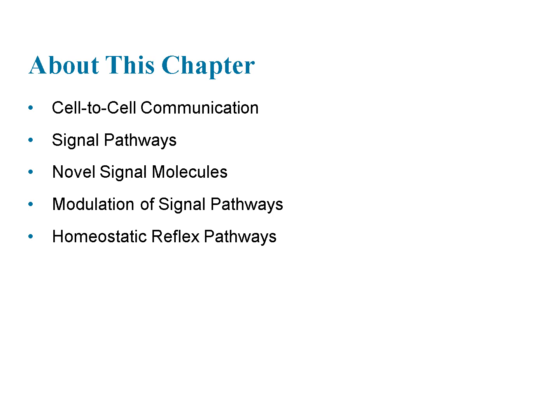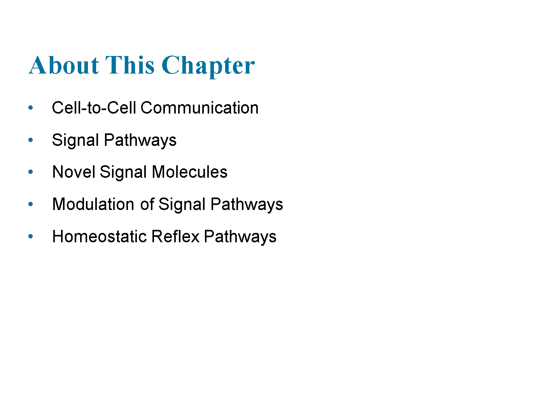Cell-to-cell communication: how cells communicate to maintain homeostasis, with signals traveling across short or long distances using chemical, electrical, or mechanical means. Signal pathways: the core components of signaling processes, from receptor activation to cellular responses. These pathways involve ligand binding and intracellular messengers. Novel signal molecules: unconventional molecules like calcium ions and gases, including nitric oxide, NO, that influence cellular processes and responses.